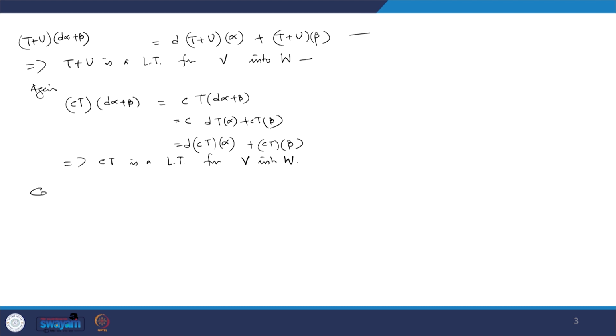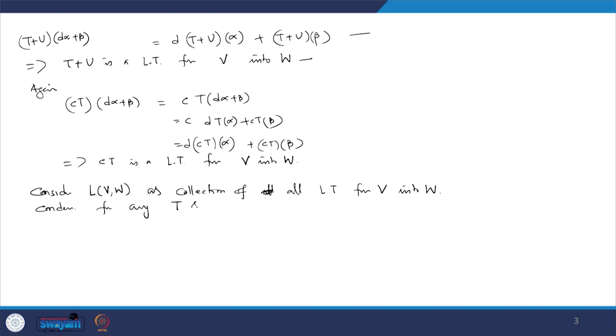Now, consider L(V, W) as the collection of all linear transformations from V into W. Consider, for any T and U belonging to L(V, W), (T + U)(alpha) = T(alpha) + U(alpha),